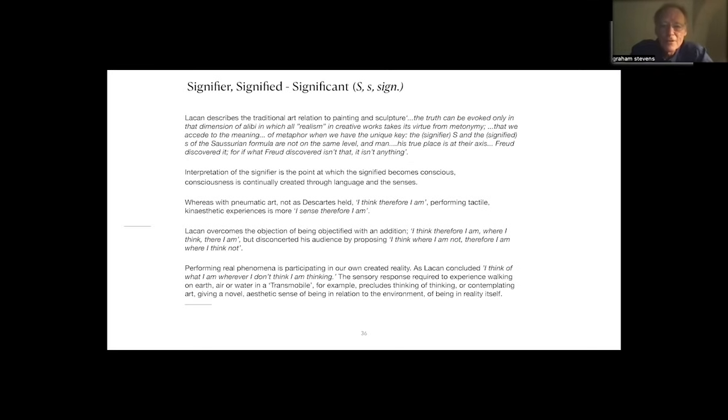But it's very, very dependent on the play of the language and the senses as to how the whole thing operates together. So if we think of Descartes saying, I think, therefore I am, performing tactile kinesthetic experience is more that I sense, therefore I am. And there's no thought involved in the manual. Well, it's conditional, of course, on what the work is. But in this air structures,